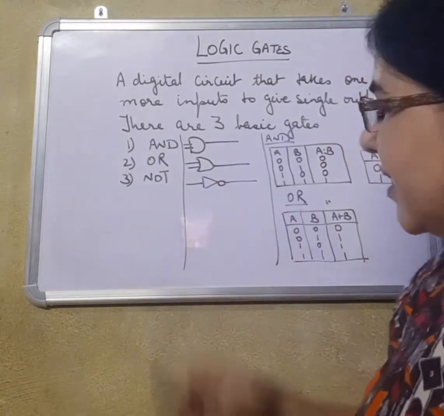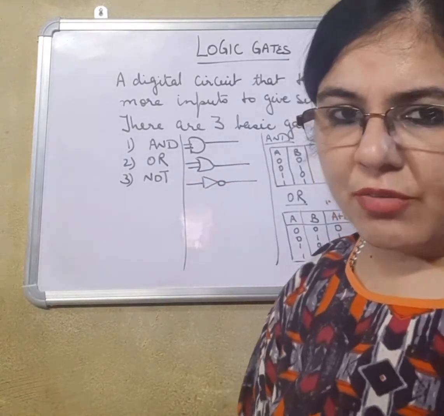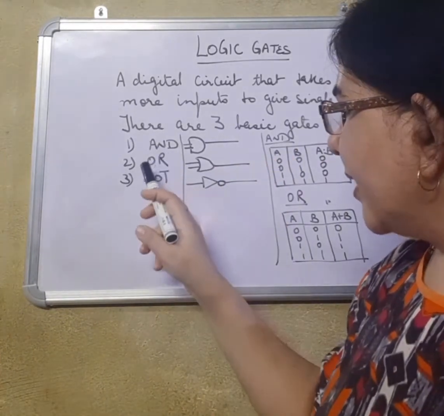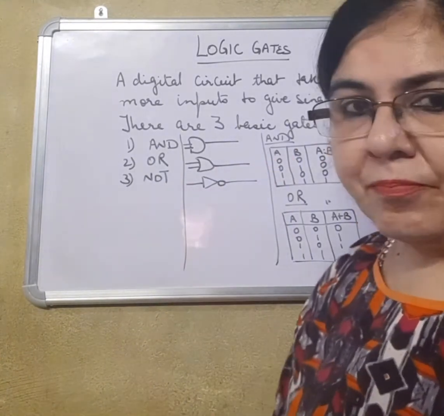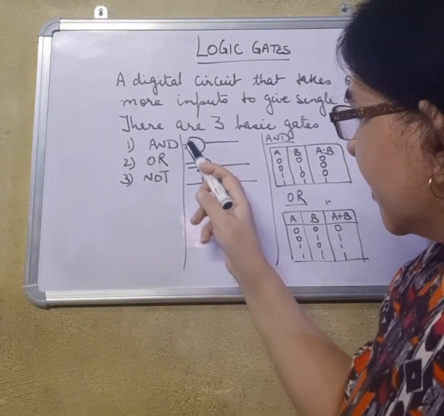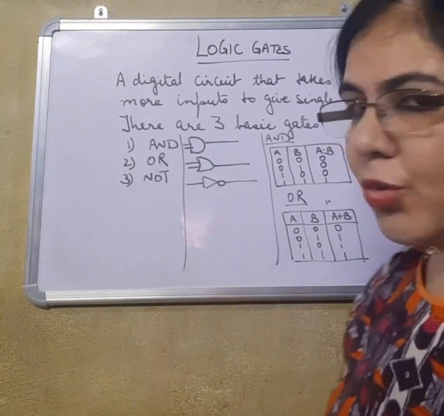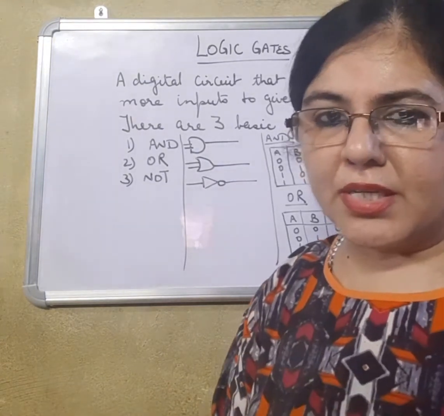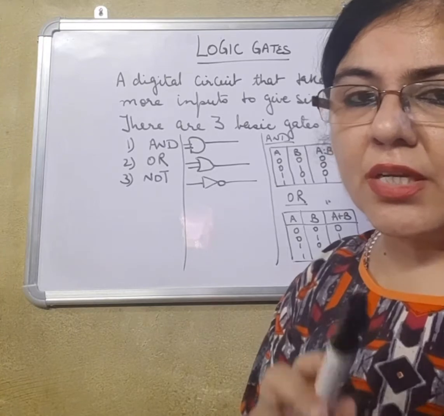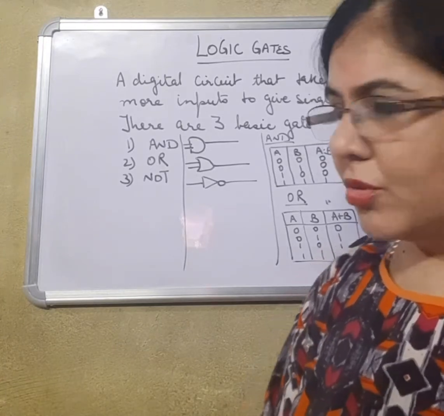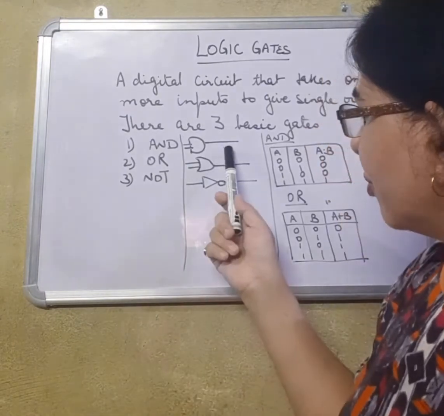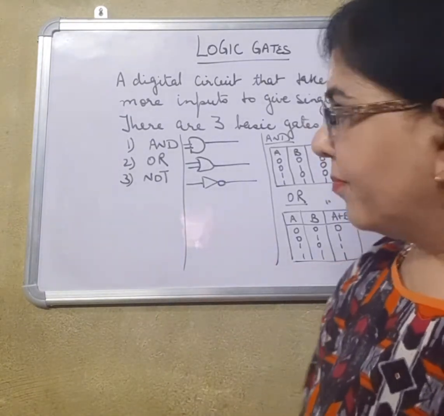Basically, there are three basic gates. Initially, we are going to study first of all the three basic gates. They are AND, OR, and NOT. And as I have drawn here, the diagram of AND is this. Simple AND taking two inputs. It cannot take a single input. The requirement is it has to take minimum two inputs. It can take more than two inputs also, but the output will be a single output.